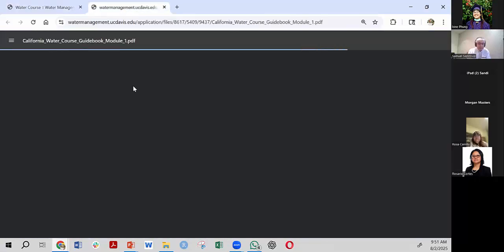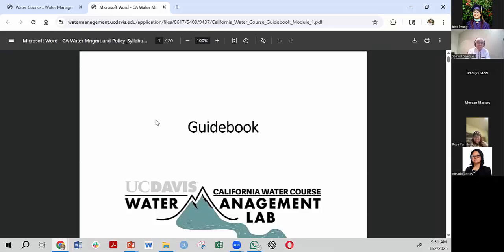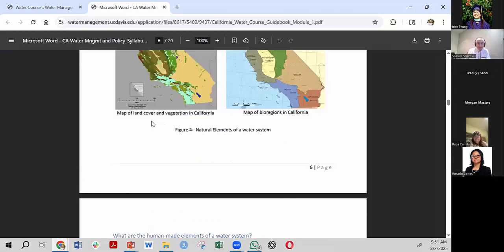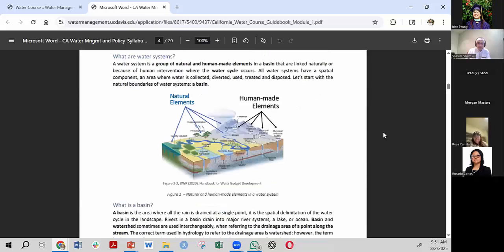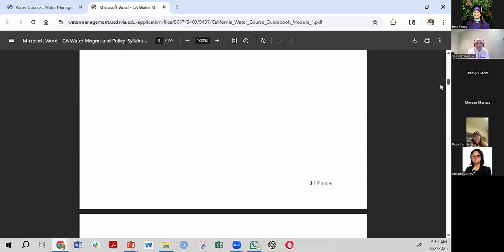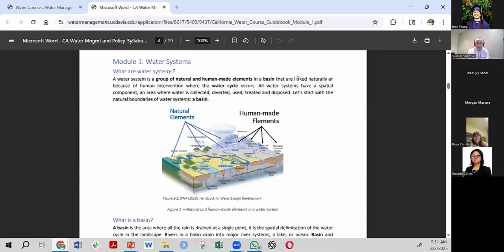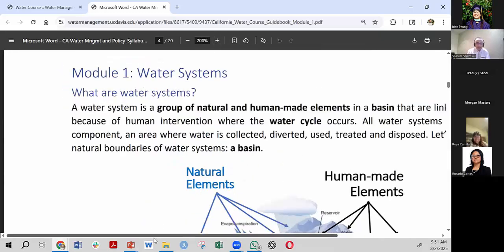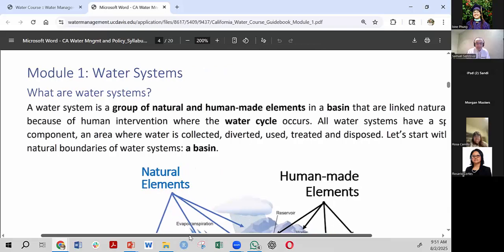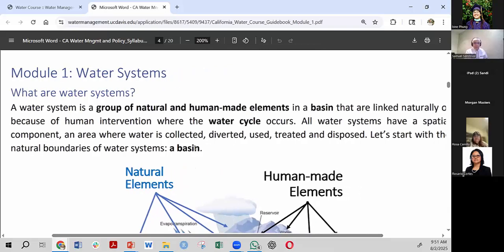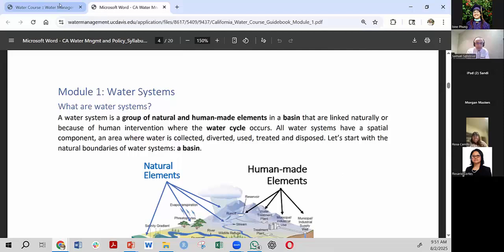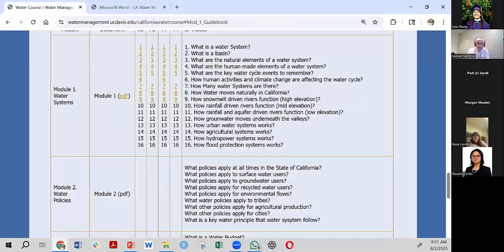And basically, it is a regular book, right? So water system. Okay. So what is a water system? A water system is a group of natural and human-made elements, blah, blah, blah. You can also have that one. And let me see.